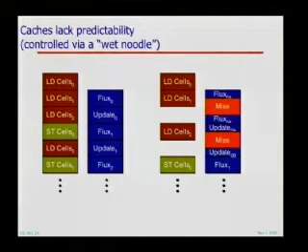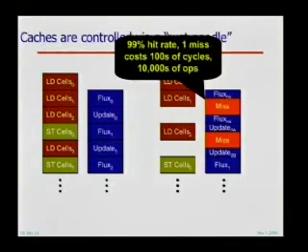On the right side is what happens when you do this with a cache. So I've got a great cache hit ratio, 99% hit rate. Well, that means 1 in 100 will miss, right? And I'm doing lots of things in parallel, so I miss pretty quick, because I'm doing hundreds of things in a cycle. It means a couple cycles in, I've got to miss.